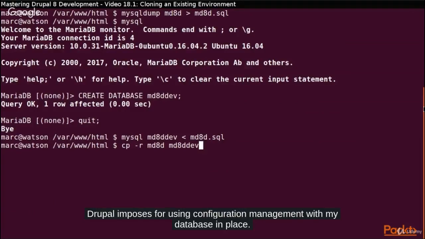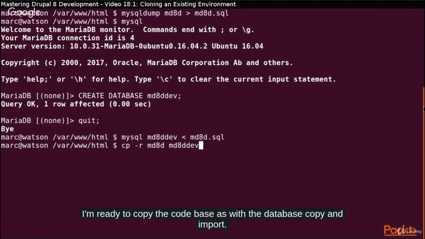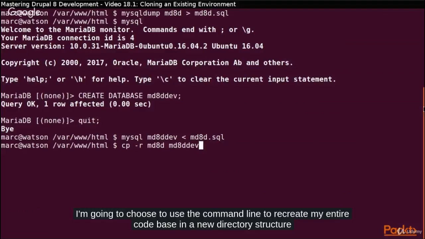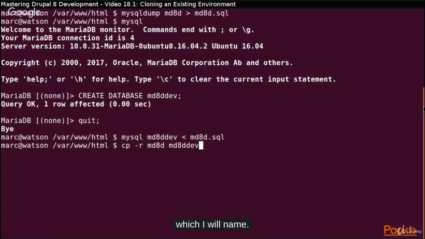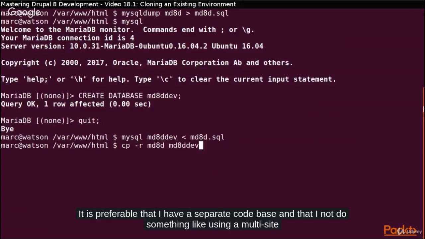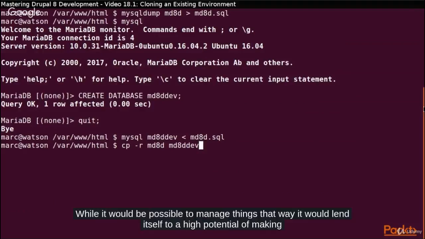With my database in place, I'm ready to copy the code base. As with the database copy and import, I'm going to choose to use the command line to recreate my entire code base in a new directory structure, which I will name MD8D dev. It is preferable that I have a separate code base and that I not do something like using a multi-site setup. While it would be possible to manage things that way, it would lend itself to a high potential of